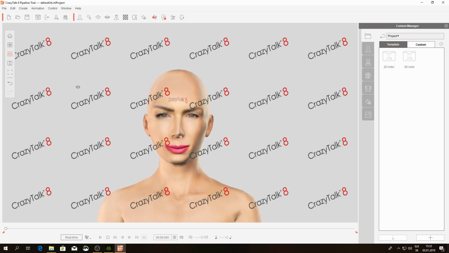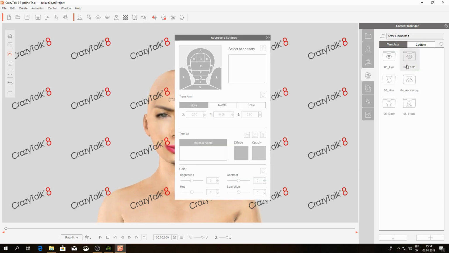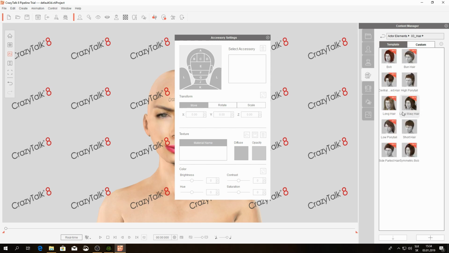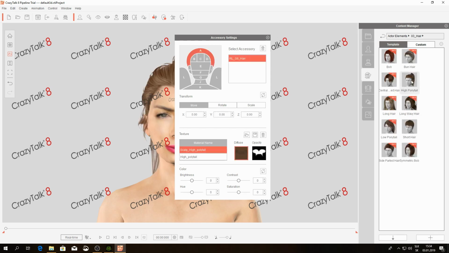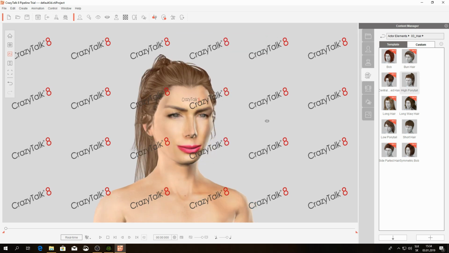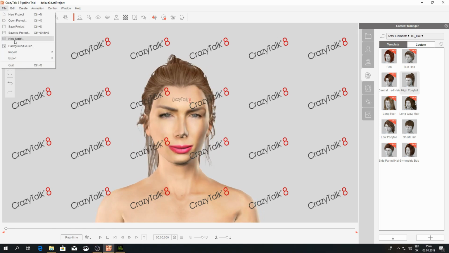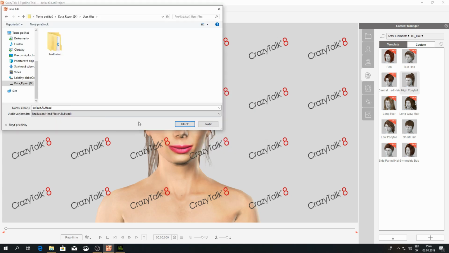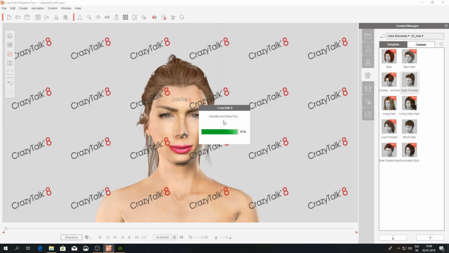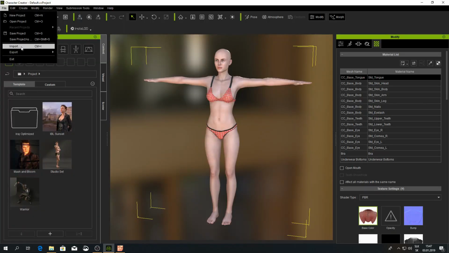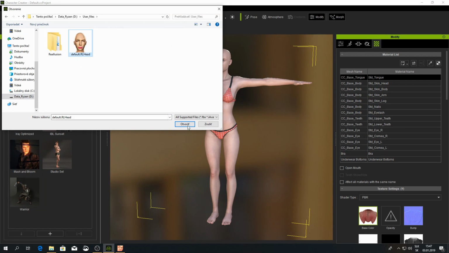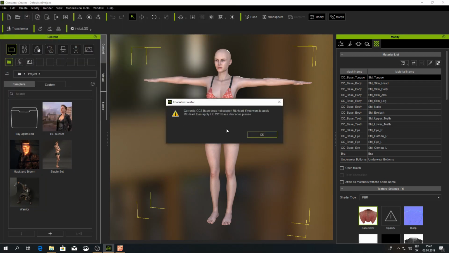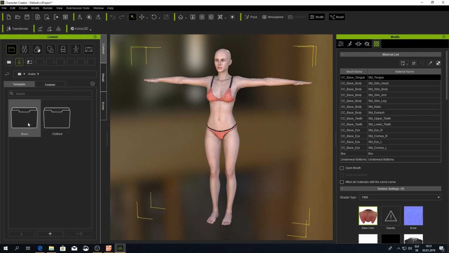As you can see, we created the head without hair, so try adding some hair from the collection. However, these hairs cannot be exported with the head, they are for demonstration only. It is not possible to import the head of the RL head version into the body of the CC3 version.